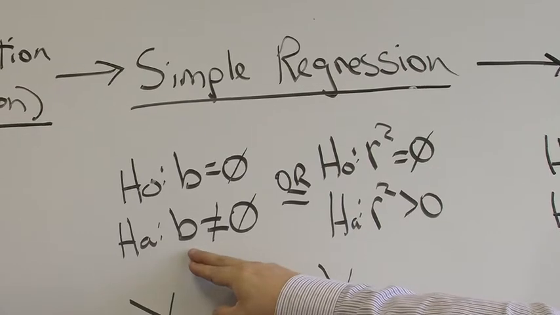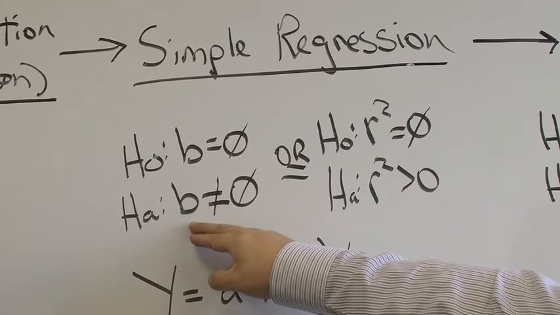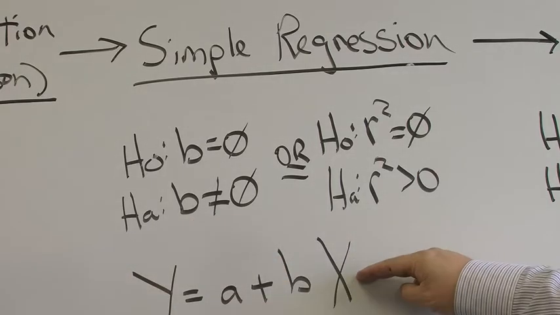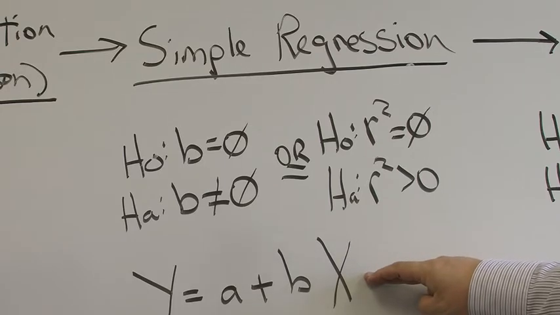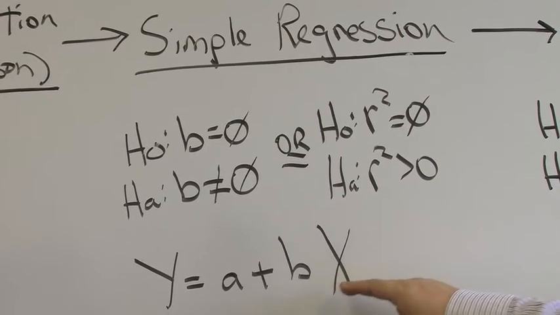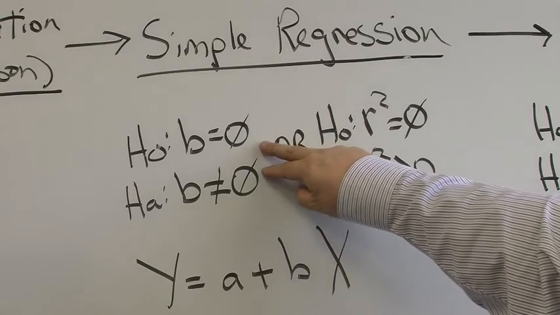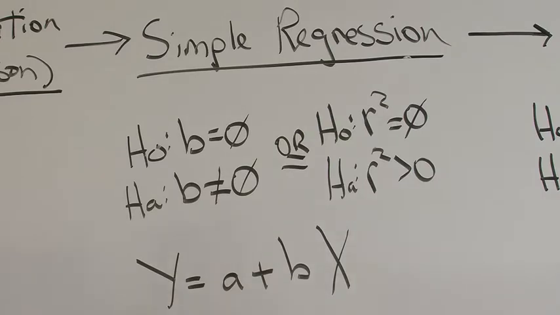Here we work with the null and alternative hypothesis having to do with the letter B. And if you think back to our earlier mini lectures where we set up the simple regression model of y equals a plus b times x, b is the slope of our line of best fit. B is also our approximation of the responsiveness of changes to our dependent variable y to changes in our independent variable x. So our null and alternative hypothesis in simple regression is organized around this idea of, is the slope of b